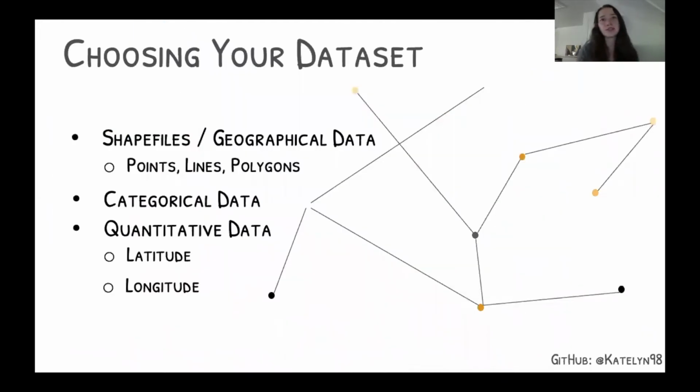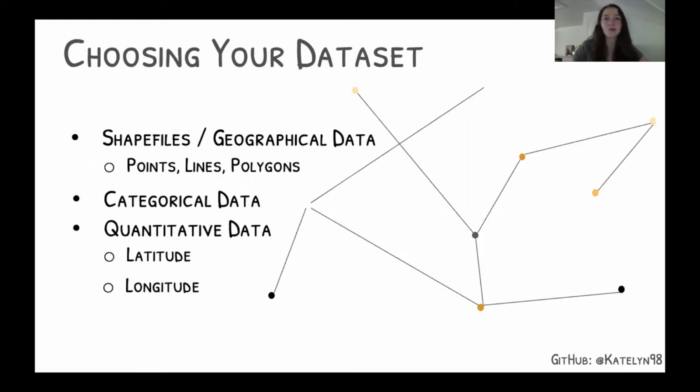For starting off this project, you will need to find some datasets. Here are some general guidelines. You will need at least one dataset that is .shp file type, also known as a shapefile. Shapefiles contain data such as points, lines, and polygons that can represent features such as elevation, city borders, bus stops,